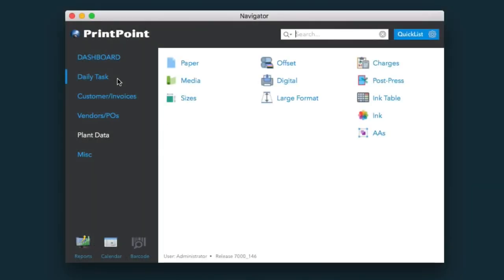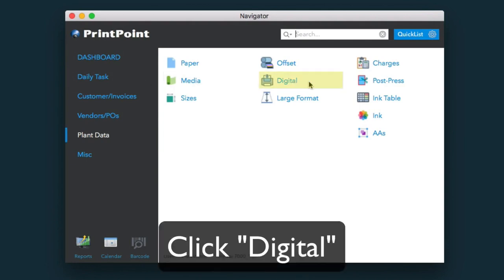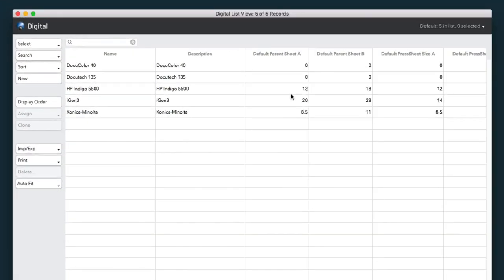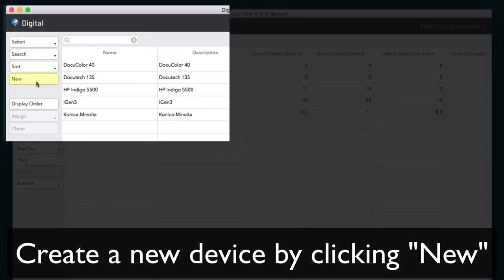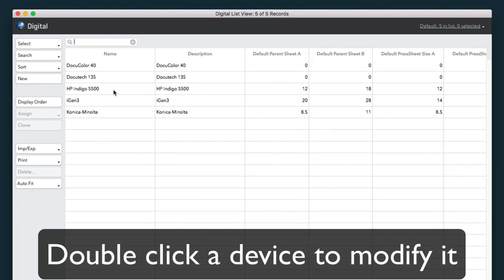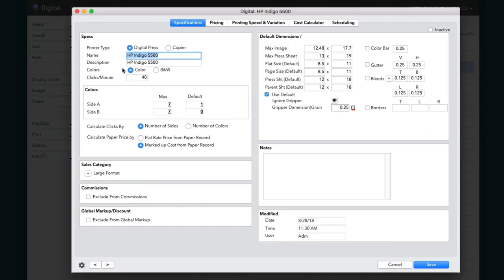How to add or modify a digital device in PrintPoint. I start by selecting my digital device list view. I can create a new device by clicking the New button, or I can double click to modify a current